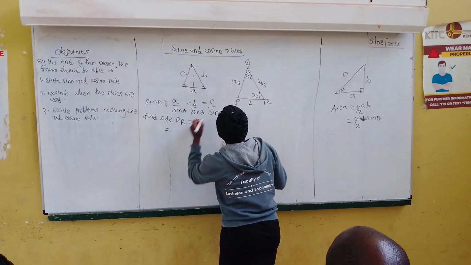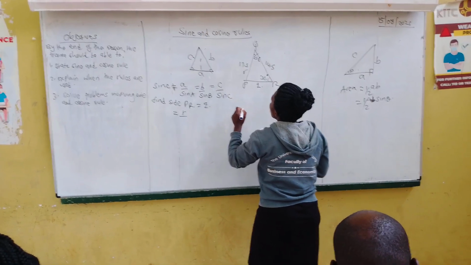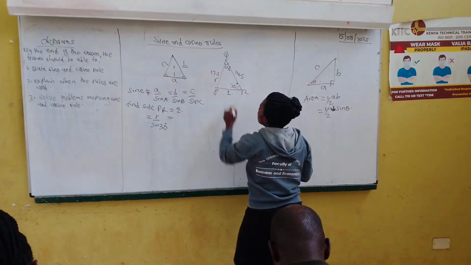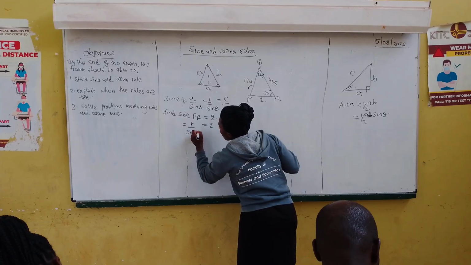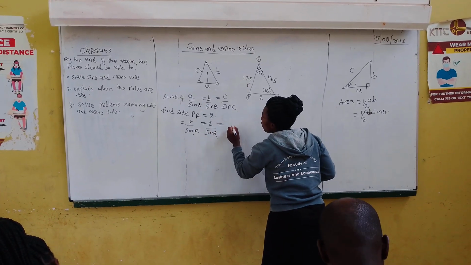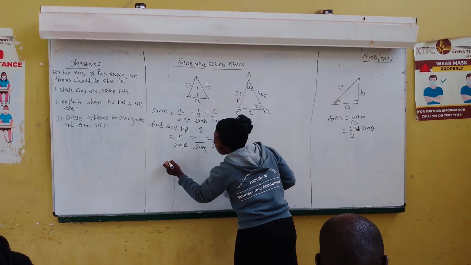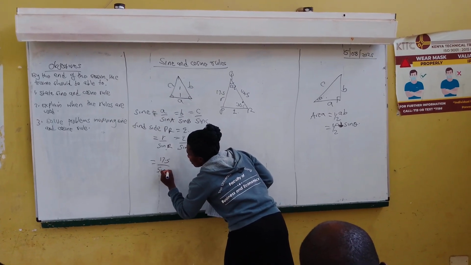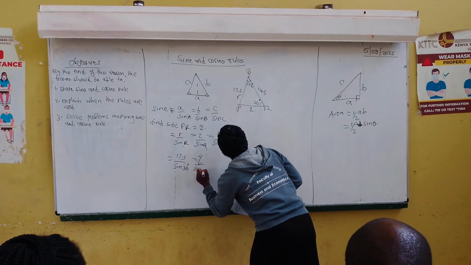It will be the side R, this one, over sine theta, which is sine R, is equal to this side, which is Q, over sine Q, which should be equal to P over sine P. But we don't have this side P, we have the other side, which is R. Our R is 17.5 over sine of R, which is 30 degrees, is equal to Q, which is what we are supposed to find, over sine of